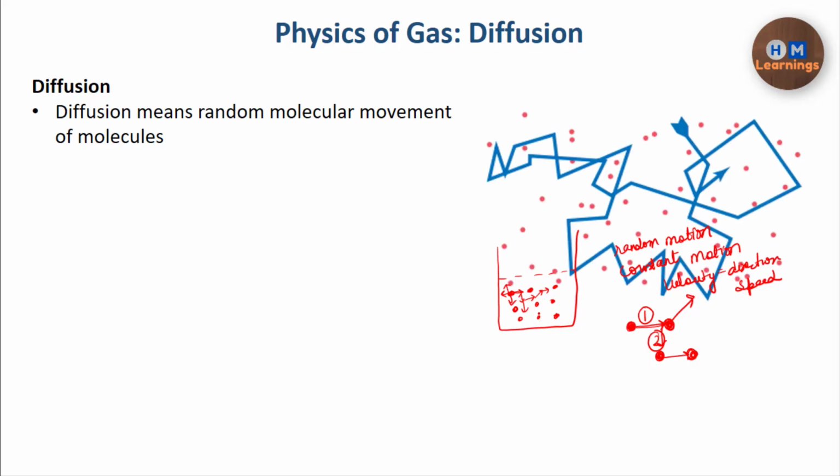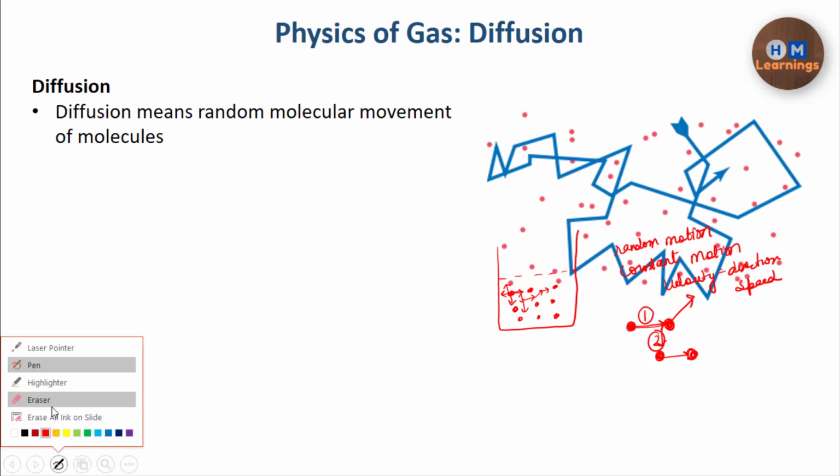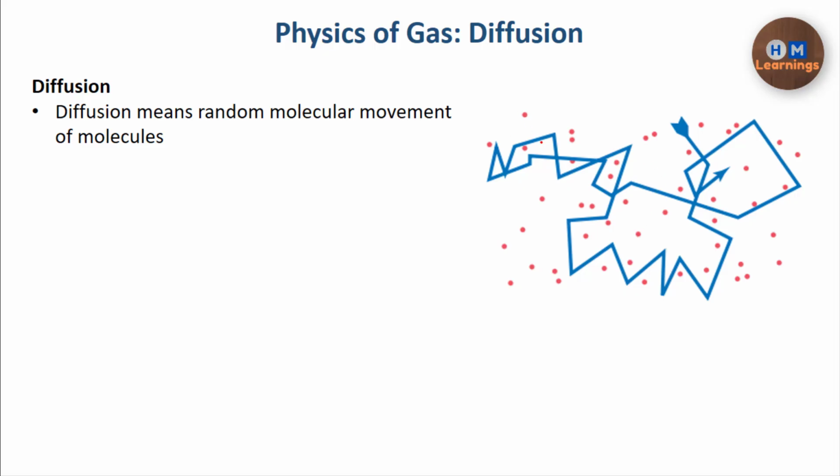This diagram is also showing the same thing. You can see that these red dots are the molecules of a matter. Suppose it is a gas or water molecules, and now one molecule has been traced, and they trace the path of that molecule. When it strikes other molecules of the matter, it can move in any other direction, it can move with another speed, and ultimately it shows a random movement. Almost 1,000 times per second it shows bouncing in all possible directions, and that is how this is termed a random molecular movement.